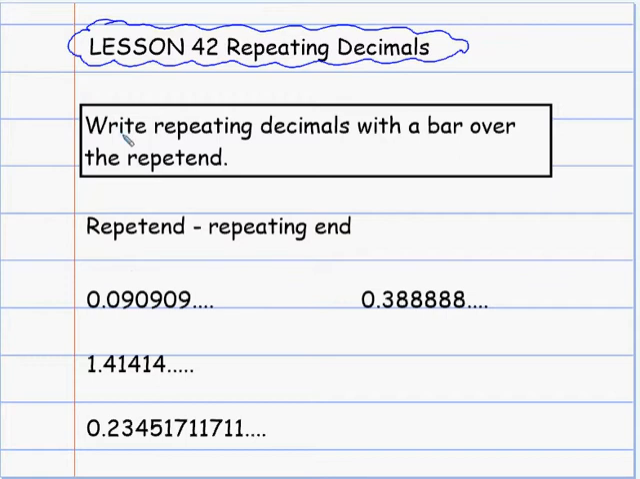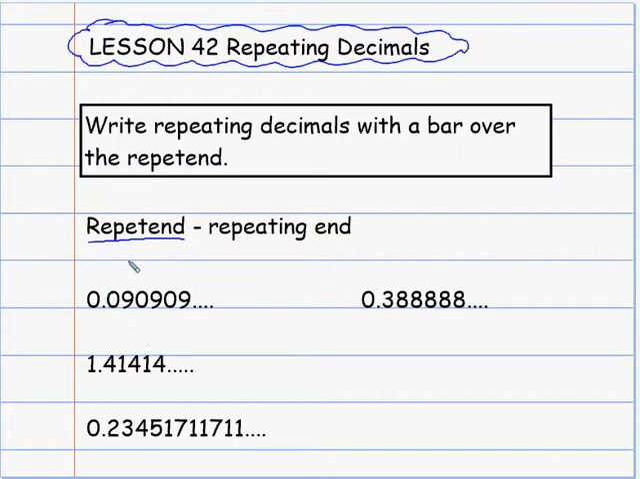So the first thing is you're going to have to write repeating decimals with a bar over the repeating. And repeating just means repeating end. Okay, so the first thing you have to do is figure out which digits repeat after the decimal. Okay, we're not concerned with anything to the left of the decimal. We want to know what part of the decimal repeats. So here's 4 different numbers, and we're going to figure out what repeats, and then we're going to write them